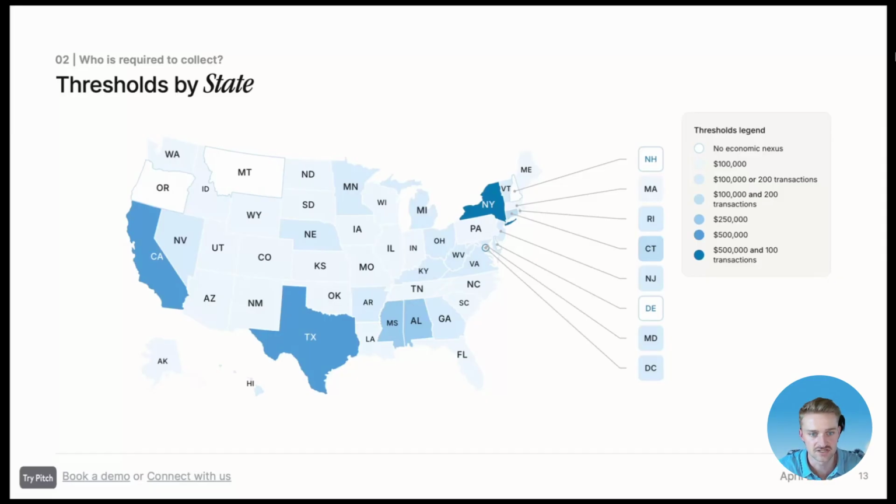And then you can see there are some additional states as well that have higher thresholds. So the reason that getting the tracking nexus can be a little bit tricky is because you do have all of these state-specific thresholds. It's not like you take all your sales into the U.S. and you add them up and figure out if you need to get registered. It's a state-by-state calculation, and that calculation gets even a little bit trickier because states have different evaluation periods for